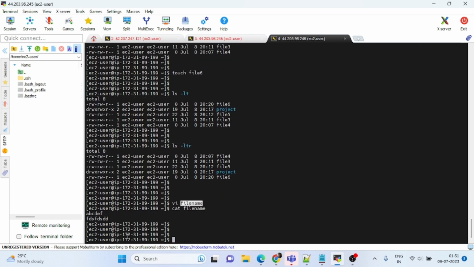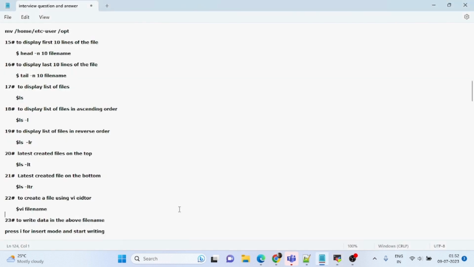Okay, like this we can create the file using vi, and we can enter the data, and we can save the data using Escape :wq, and after that we can see the file contents using the cat command. Next one,